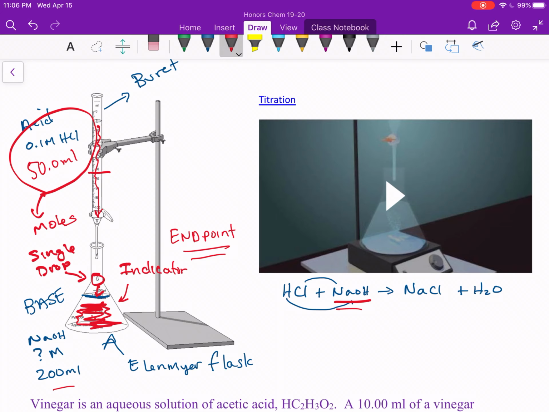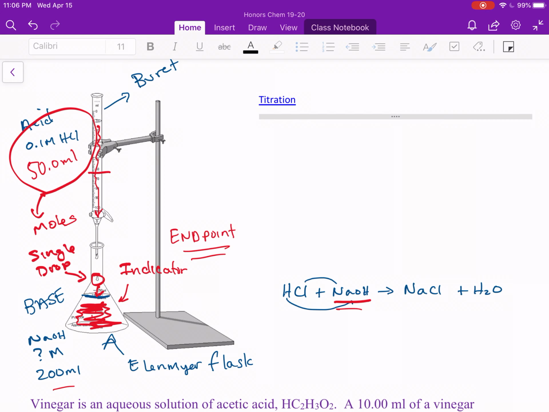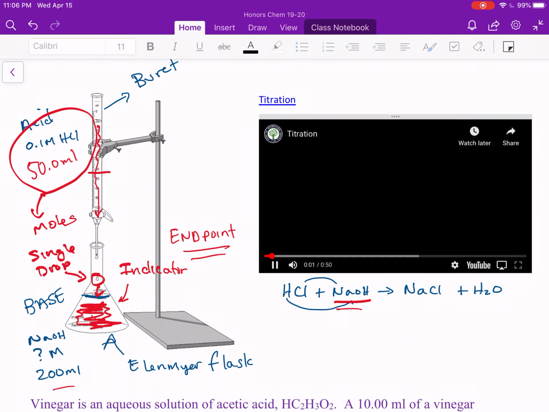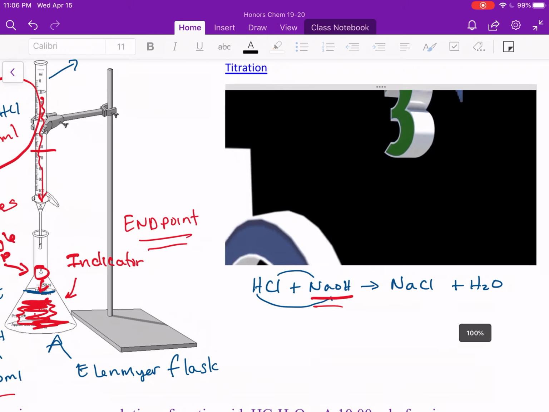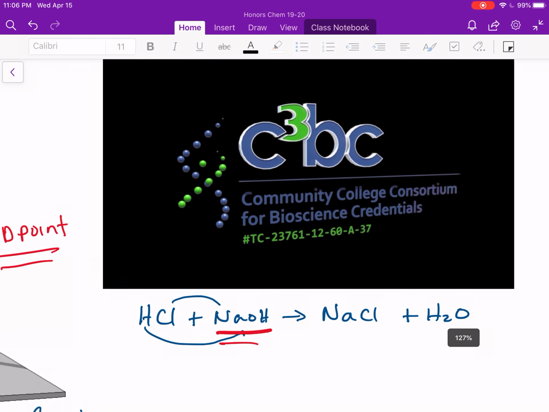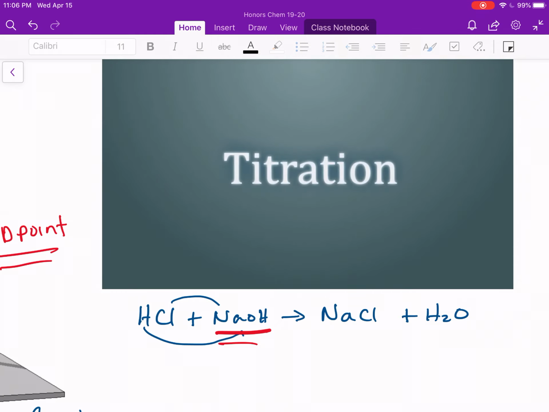So let's look at the video, and the video is going to show us what that titration is going to look like, and then we will look at a problem to solve it, right? And so let's look at this video here, okay? And so again, what we're going to see in the video, once it pops up, should have queued it up beforehand, okay, is